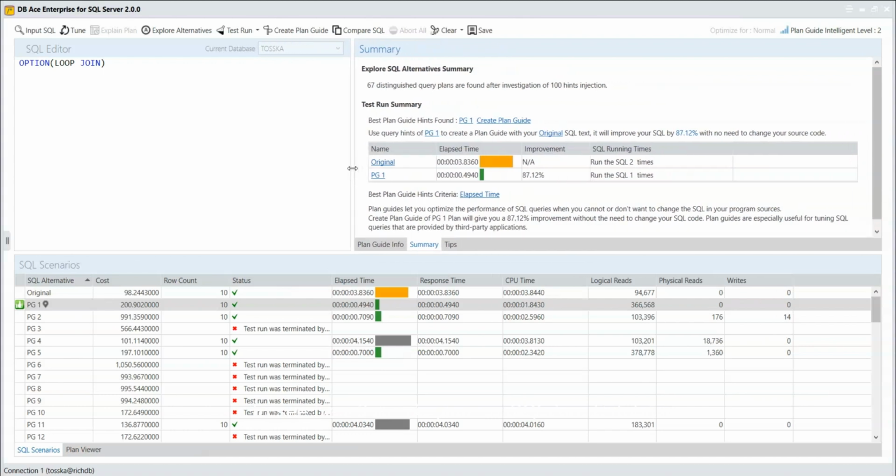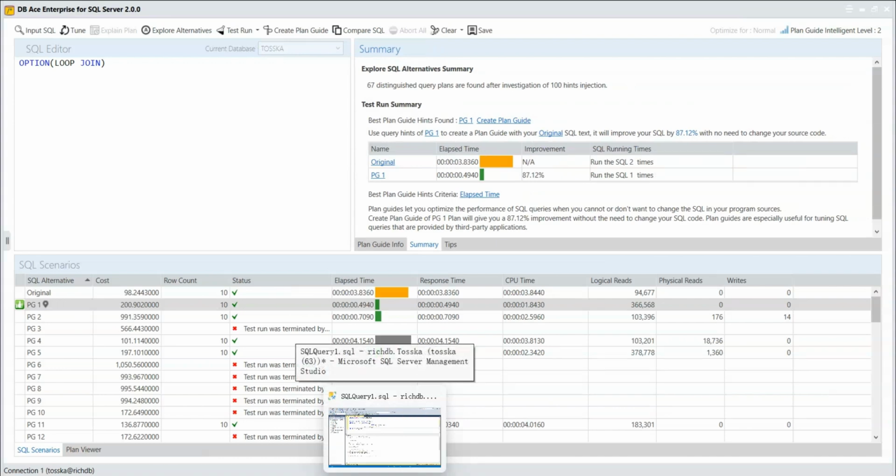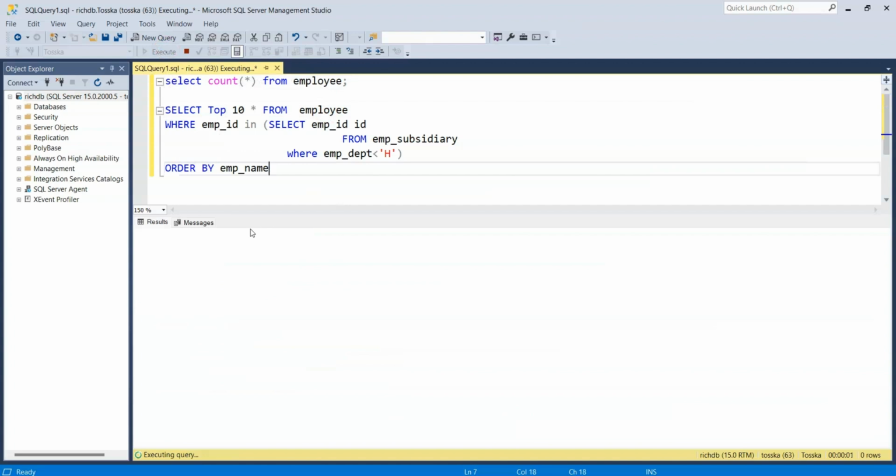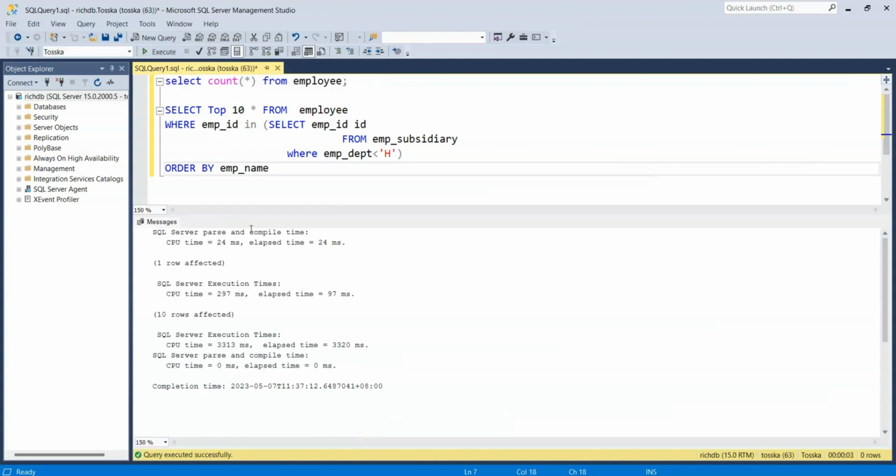So before we apply the plan guide to the database, to see how it can improve a SQL in a batch, let me go to SQL Server Management Studio and take a look at the performance of this SQL batch before the plan guide is created. I have the batch here with the 2 SQL statements, and then we execute these 2 SQL statements. Since the first SQL statement is quite good, we don't have to tune the first SQL, but the second SQL statement